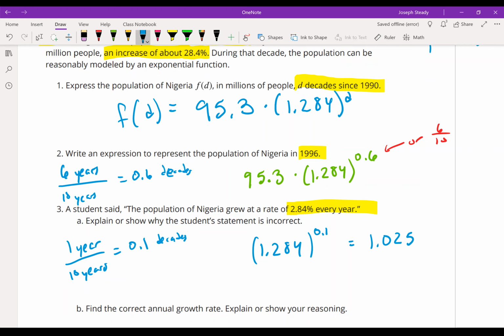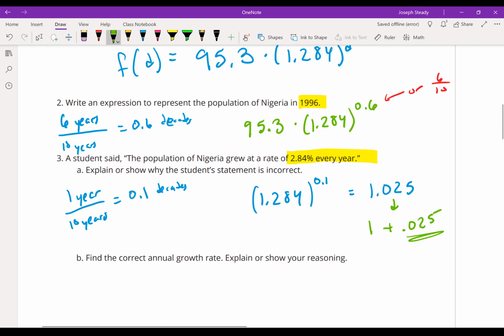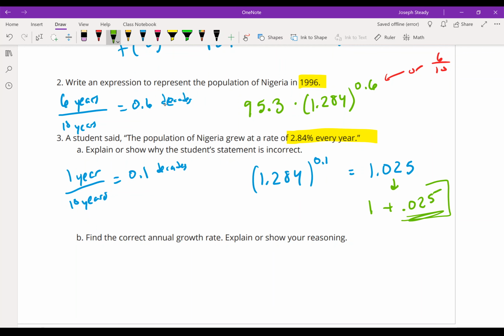So here's the thing. This we can turn into a growth rate, right? This is our growth factor, and I can split that up. 1.025 can split up into 1 plus 0.025. So there is our actual growth rate, 0.025, not 2.84, because this is only 2.5% each year. Which we actually just answered the second part of this, which is to find the correct annual growth rate. So that's what we did right here. It's 2.5% each year, which shows that it is not